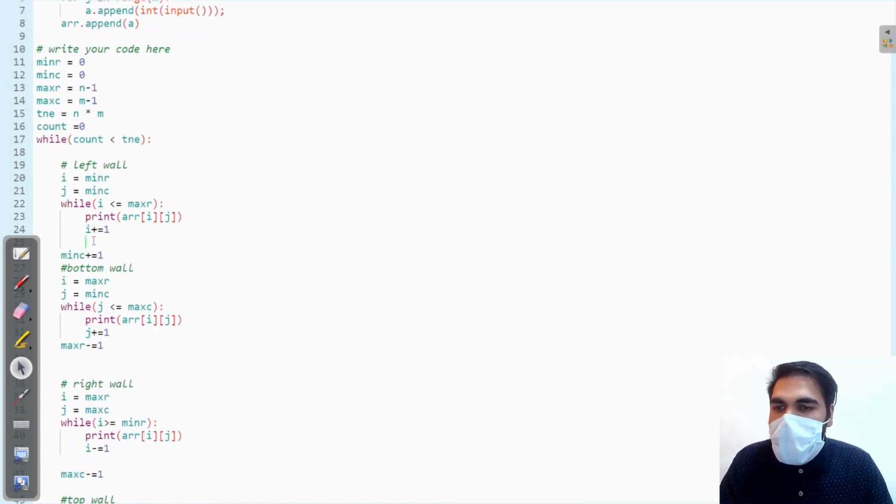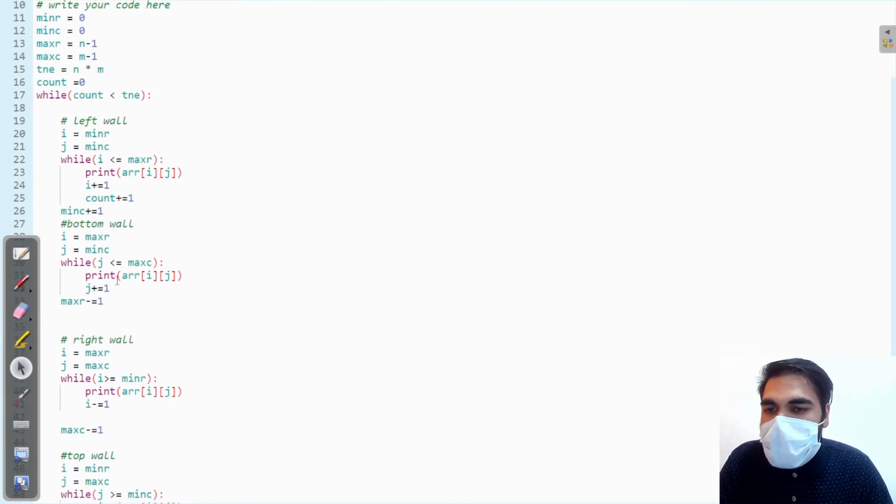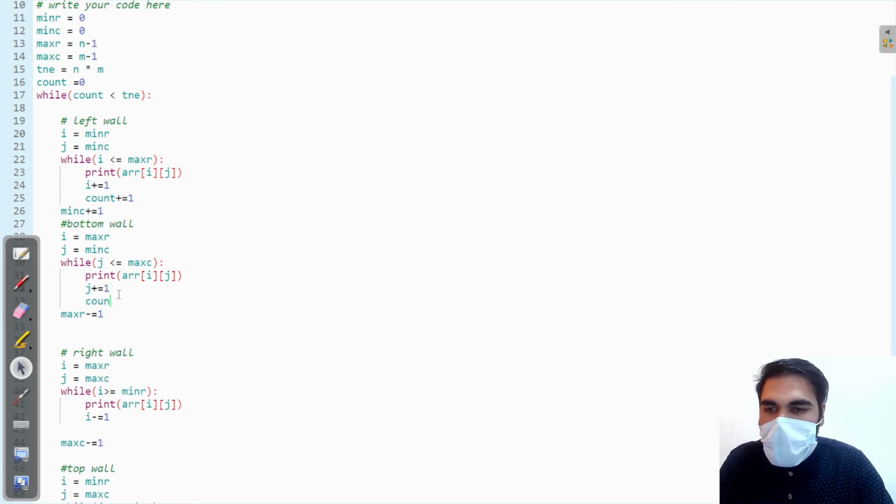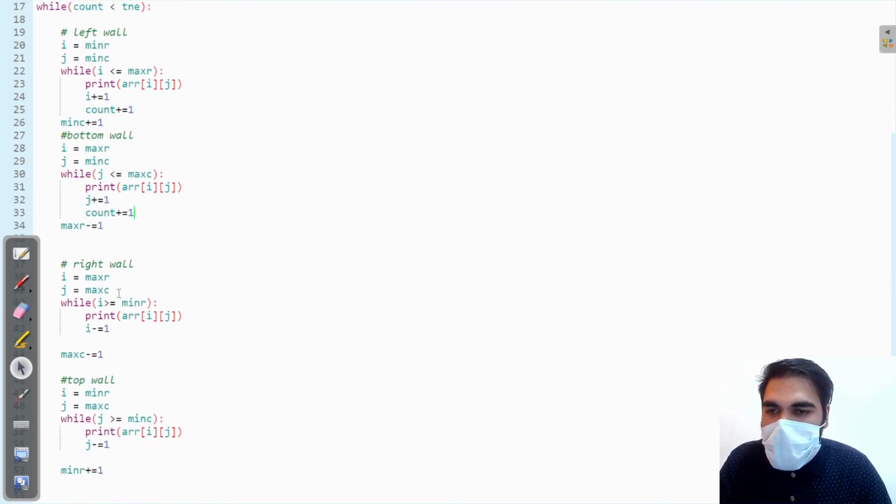So for that, after each wall you traverse, you have to count the element and increase your count. In this also, count plus equal to 1. In every wall you have to write this condition.